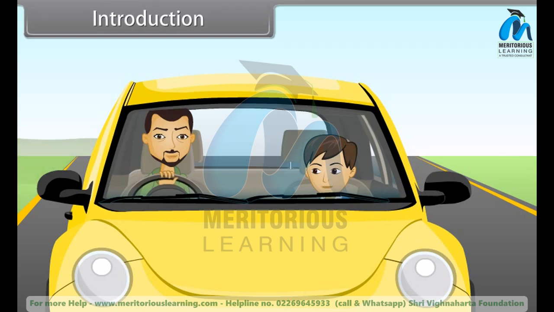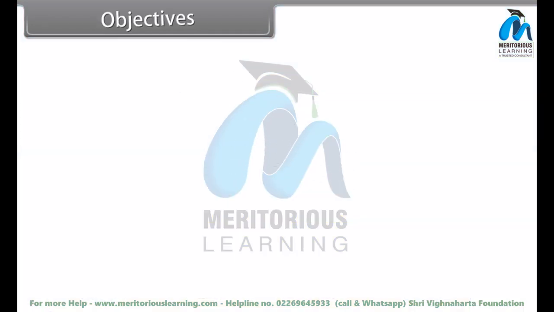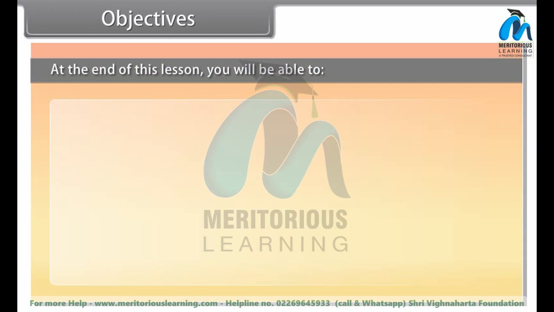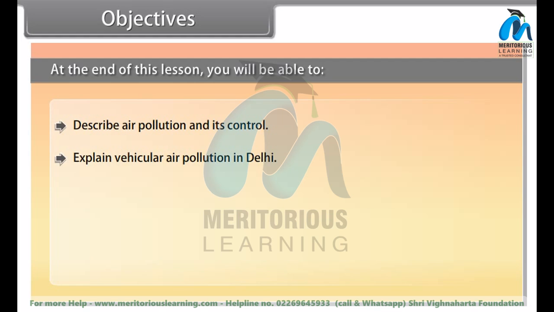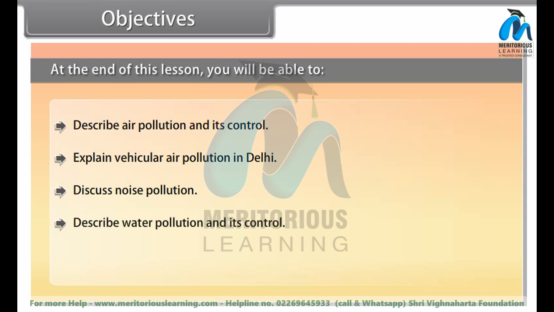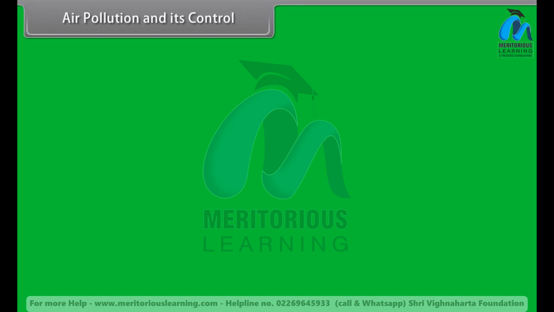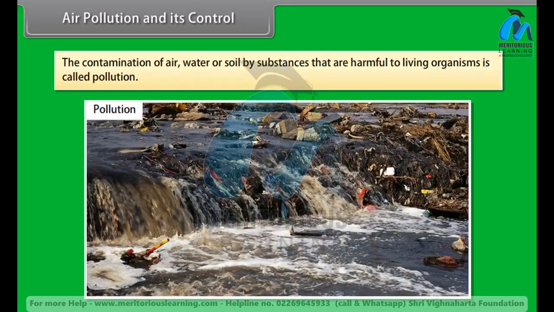In this lesson, you will learn about air and water pollution. Objectives. At the end of this lesson, you'll be able to describe air pollution and its control, explain vehicular air pollution in Delhi, discuss noise pollution, describe water pollution and its control, and discuss a case study of integrated waste-water treatment. Air pollution and its control. The contamination of air, water or soil by substances that are harmful to living organisms is